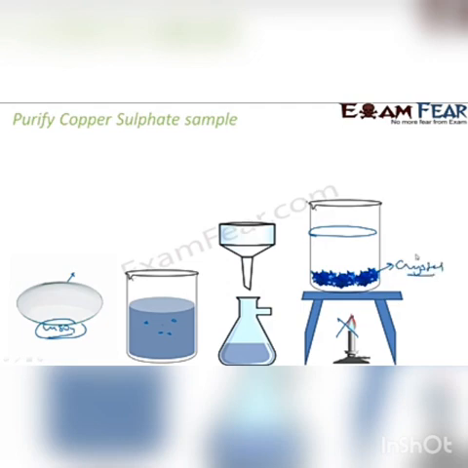called crystallization. Okay, so what we have done is, we have taken some copper sulfate and dissolved it in water, and then we have filtered out some impurities, the big impurities. All these big impurities you see are filtered out here. Whatever solution we got here, we cooled it down, not heat, we cool it down, and then we'll see that after some time the crystals of copper sulfate will come out.